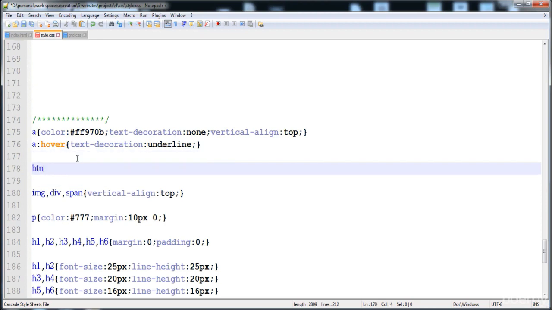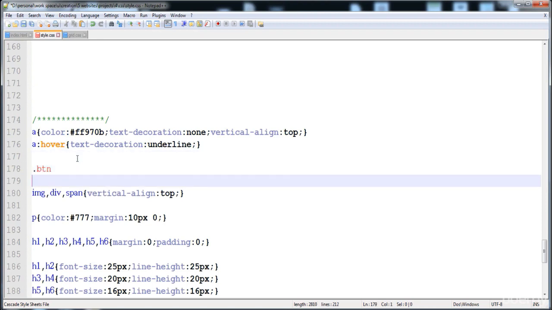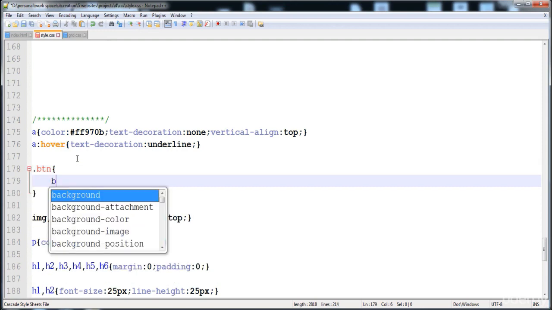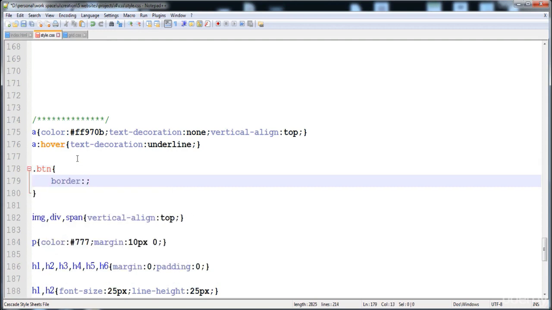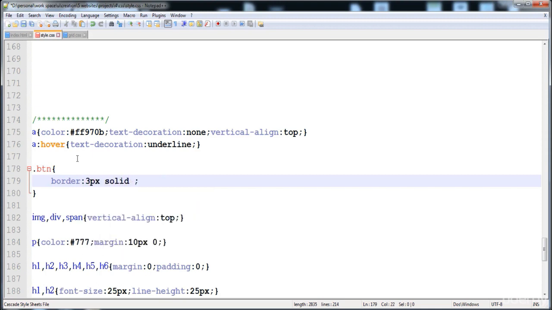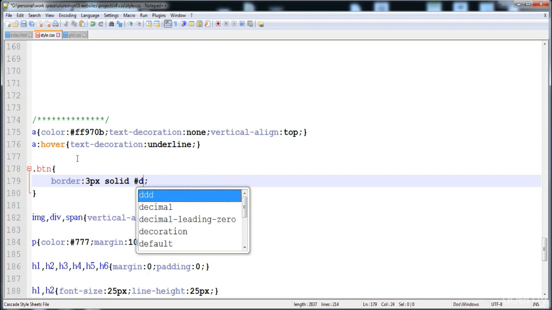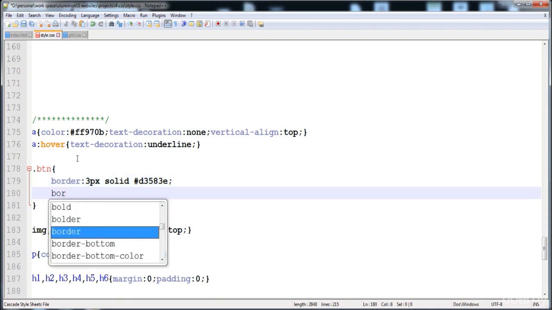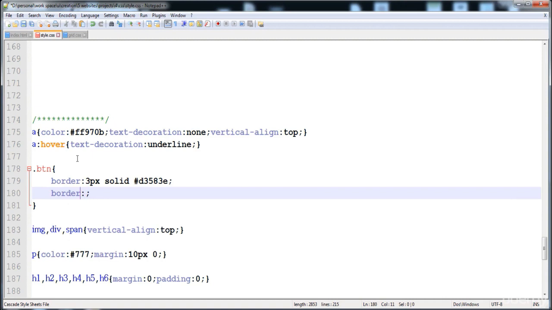Here is the border, 3 pixels solid, and here is hash, just like an orange color, 583E, and then here is the border radius around the anchor tag, 3 pixels,